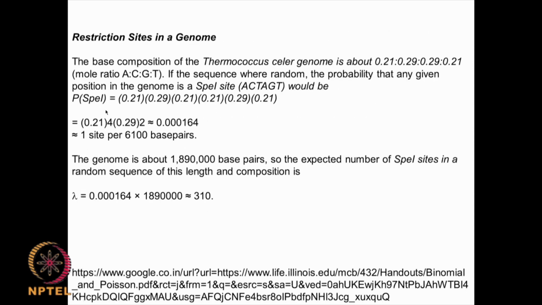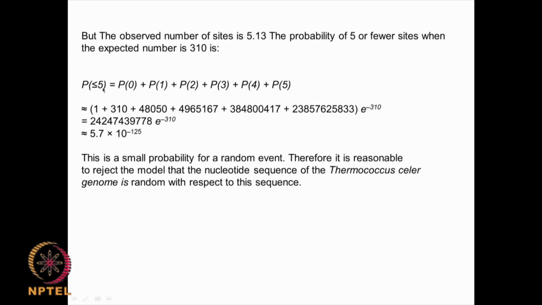So, we want to look at less than 5, that is x equal to 0, 1, 2, 3, 4, 5. So, we are looking at x equal to 0, lambda equal to 310; x equal to 1, lambda equal to 310; x equal to 2, lambda equal to 310; x equal to 3, lambda equal to 310; x equal to 4, lambda equal to 310; x equal to 5, lambda equal to 310. So, if we substitute all this, we end up with such a very small number, 5.7 times 10 power minus